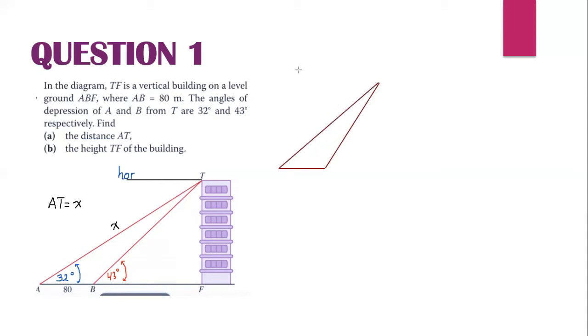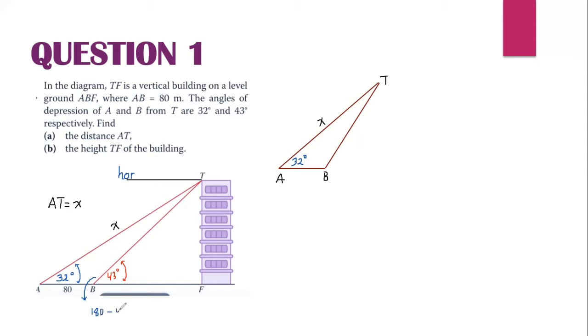Okay, right? This is the triangle ABT. A, B, and this one is T. This one is x, and this one here is 32 degrees. And this one automatically we can find here, this one is